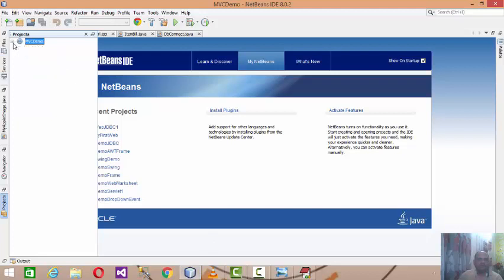Now here, I developed a project by the name of MVC demo. I am developing it for generating an item bill, and I followed the entire MVC architecture approach for the coding of this item bill. We'll be discussing everything, how the model, controller, and view are managed. But first of all, let us go for the execution. I will run this MVC demo project.